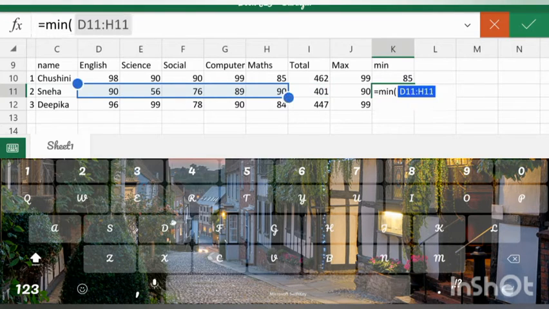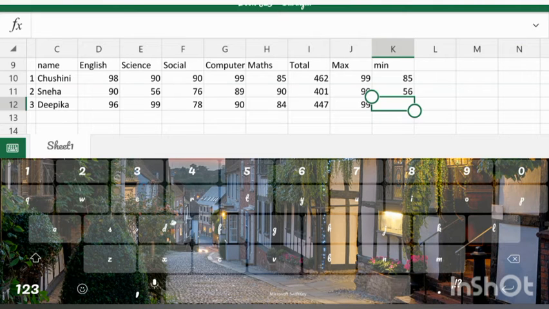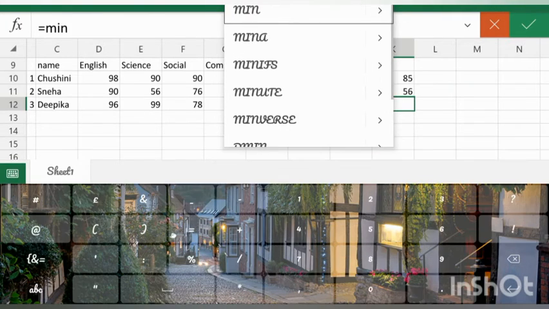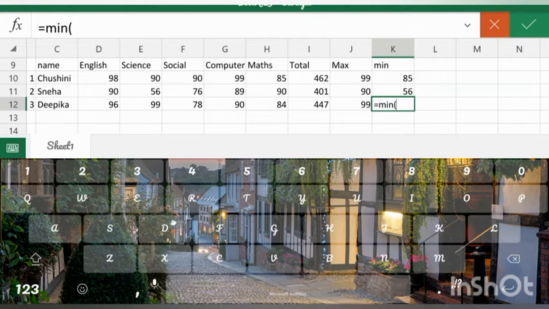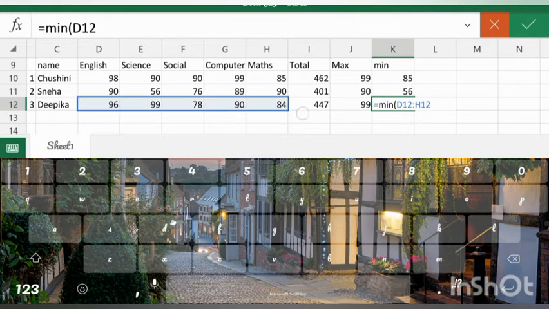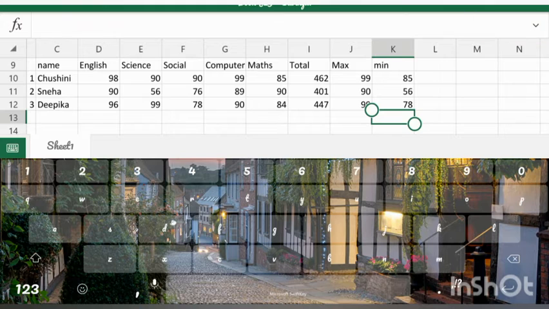Okay, and next I'll be giving equals to min bracket D12. Yes, we got it. So now we have done the minimum.